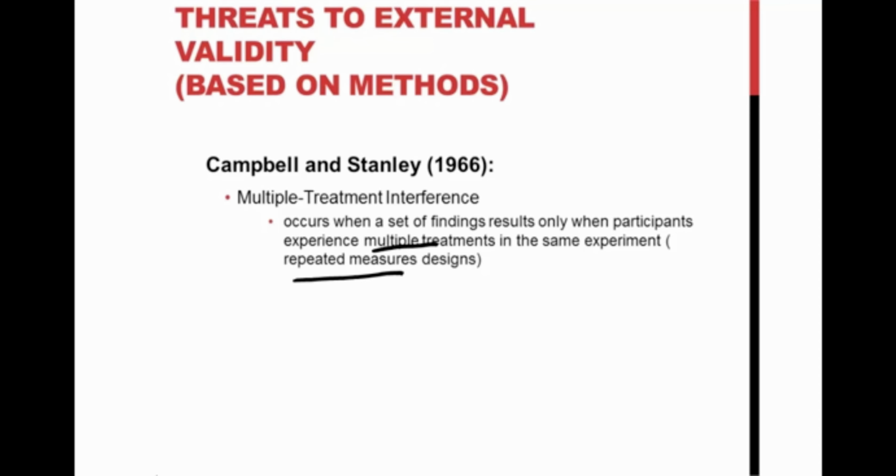Because a laboratory setting is set up to have very rigid procedural situations, we find that participants may have results due to experiencing these multiple treatments in a certain way within our laboratory. When we go to generalize these results to the real world,